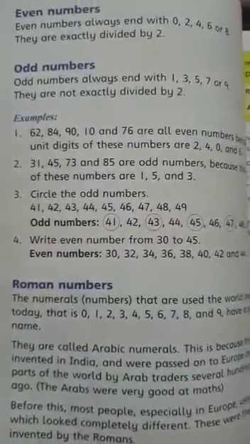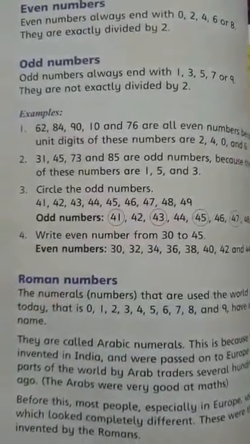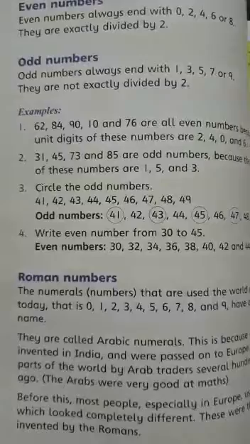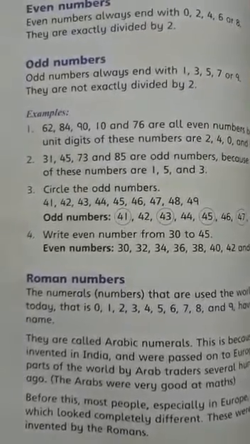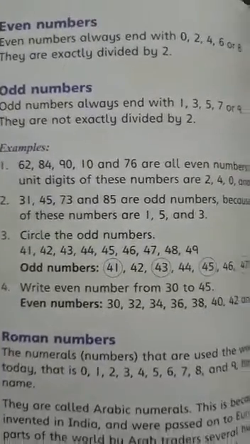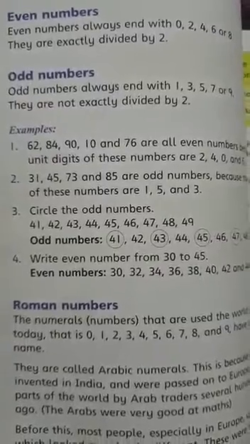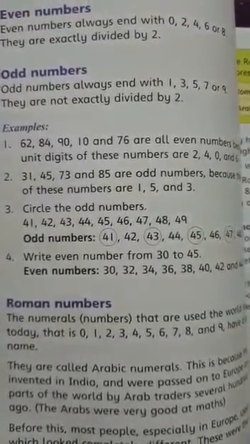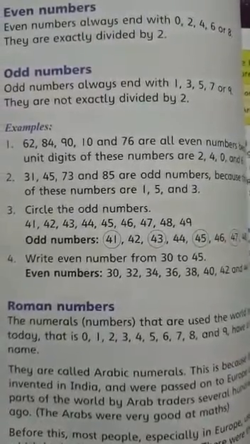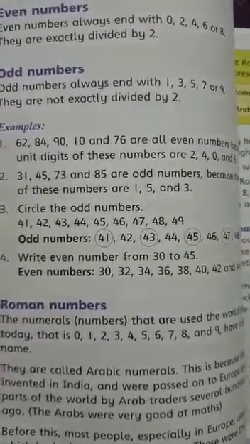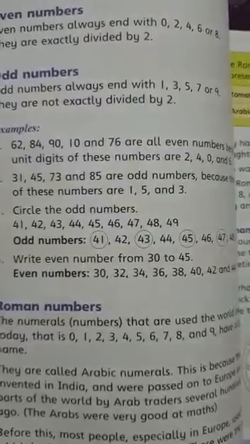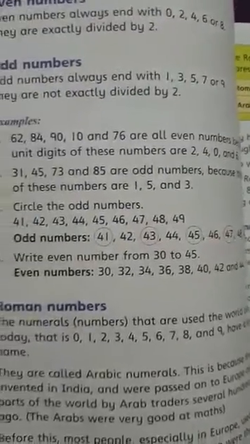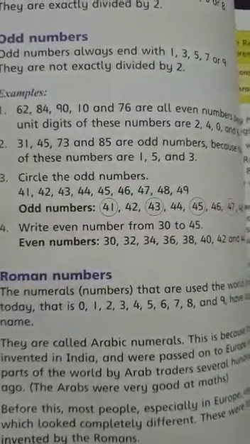You have already learned in previous classes about 3-digit numbers and Arabic numerals. Here, there are two types of numbers, even numbers and odd numbers. The even numbers, which can be divided by 2, are 2, 4, 6, 8, and so on. And odd numbers are those which cannot be divided by 2, that is 1, 3, 5, 7, or 9. Here are some examples.